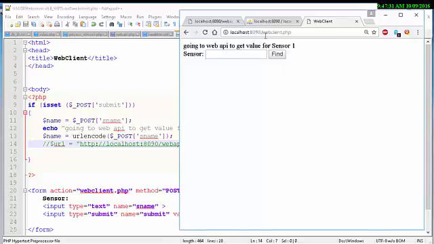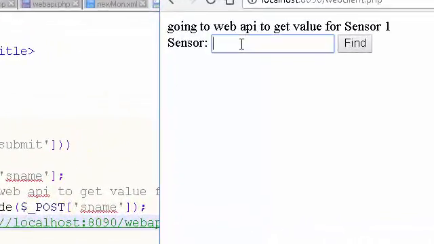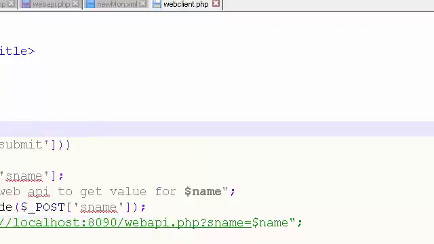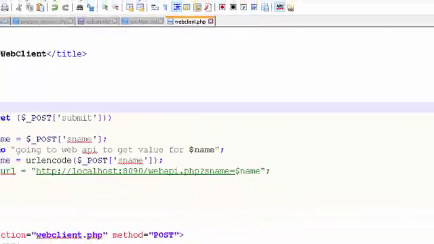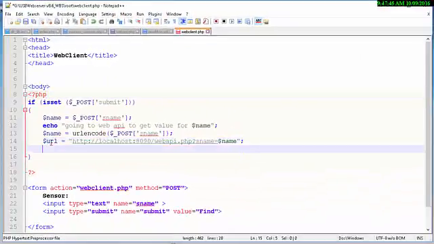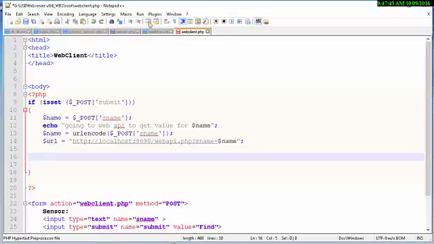So I just refreshed it because it already had some data in there. There you can see we're getting this message, and the next thing to do is to add in the CURL functionality, which is,